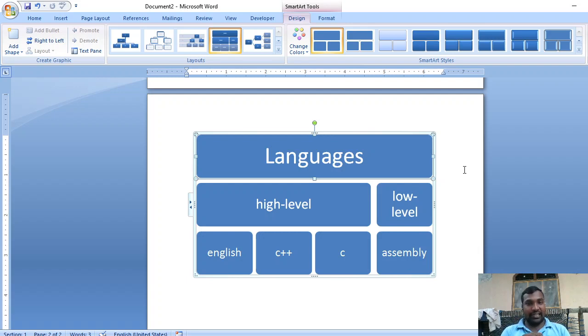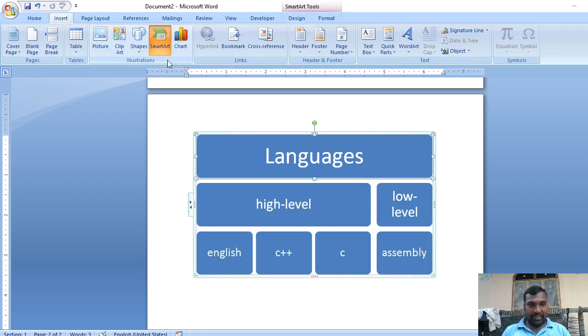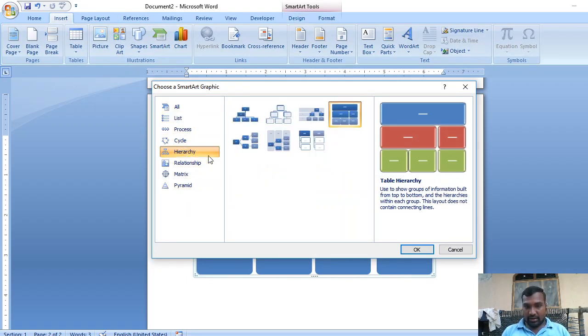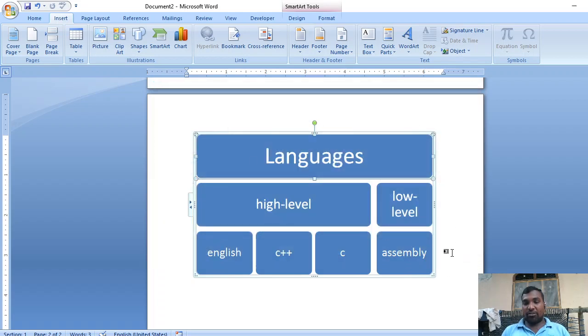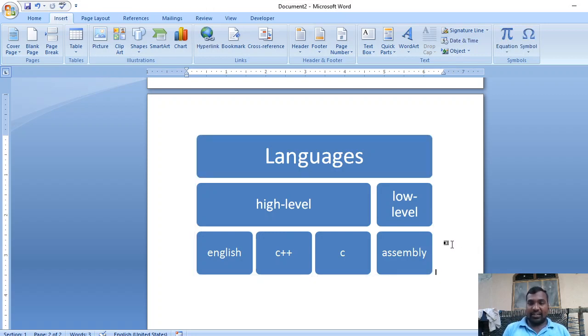Whatever layout you chose from the Insert menu of SmartArt graphic, that particular layout will be displayed, and all the updates you have done are removed.